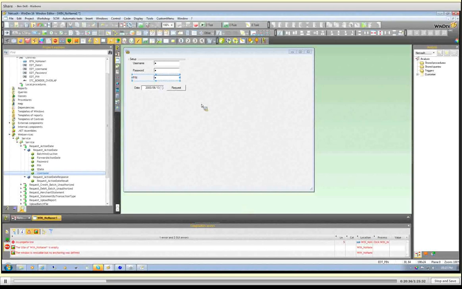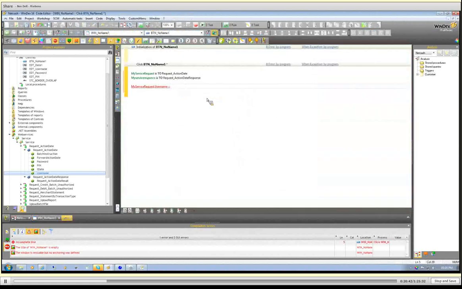Okay, and let's get that back there. If we go back to our code, let me just save it, and I can say it's going to be the username, my service request. Now can you see that because I've used my service request again, it did not bring me back the long list of possible information. It actually already shortened the list for me based on my previous selections inside this list. So it's my service request dot